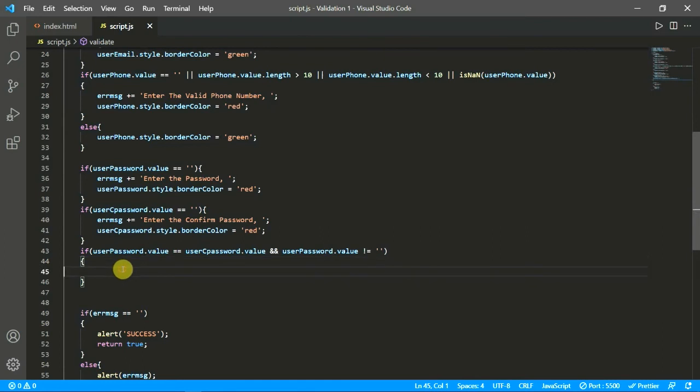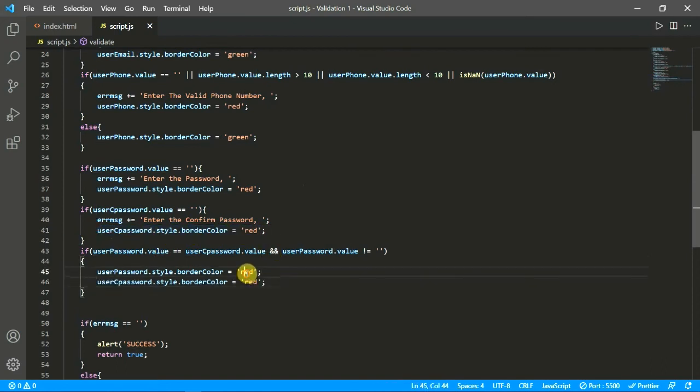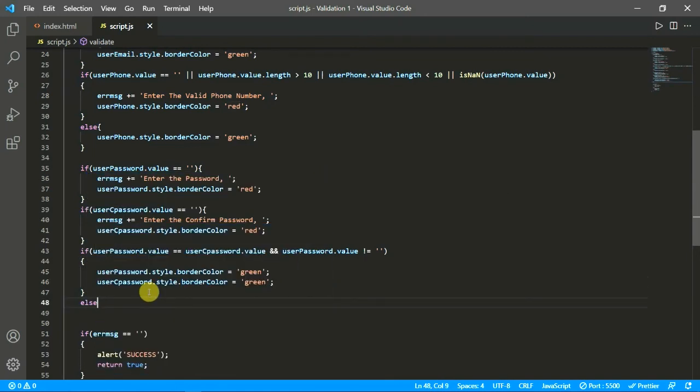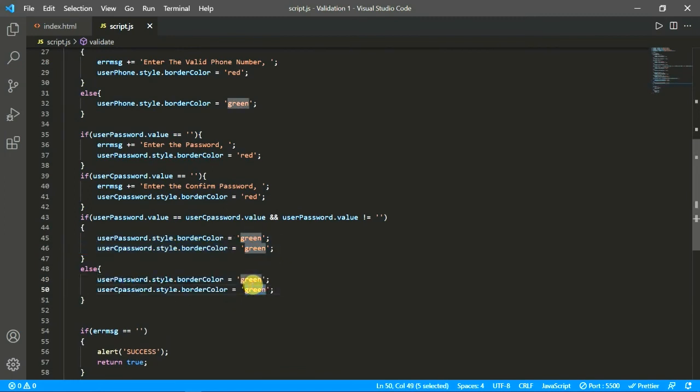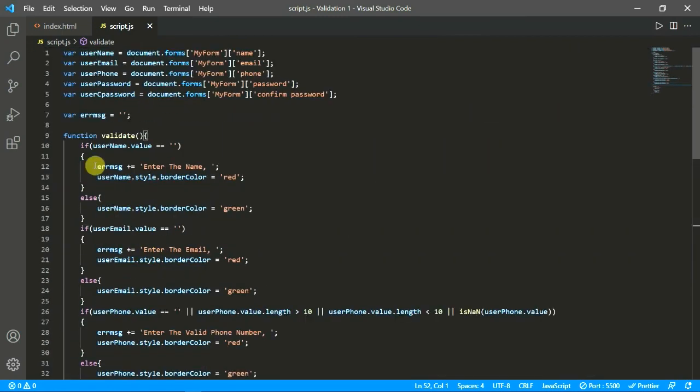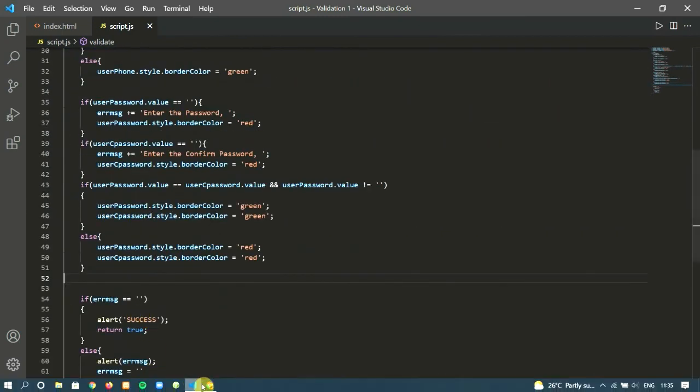If that is the case, we will just add green color to our borders. Else, in the sense if this is not equal, then we will just make it red again. So I think this is enough of the validation. We will just see our output.